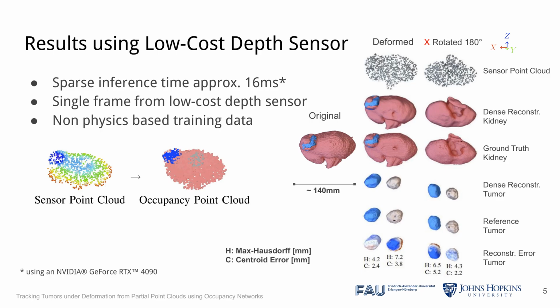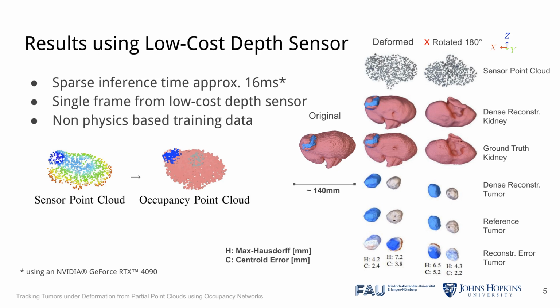We evaluate the accuracy using a denser reconstruction of the kidney phantom, which is then compared to the reference CT image. On the right, you can see the input point cloud obtained from our low-cost depth sensor. After it, the output of the occupancy network given the input point cloud. Third, we see the ground truth shape of the phantom obtained from the CT image. And finally, we see the estimated and the real tumors and the reconstruction error, where blue is an over-reconstruction and